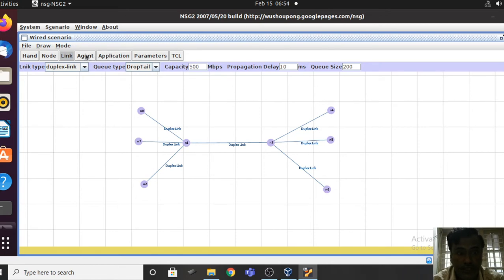Now coming to this agent, I wanted to transfer data from here. So here the packet size is 500. So this is one agent.